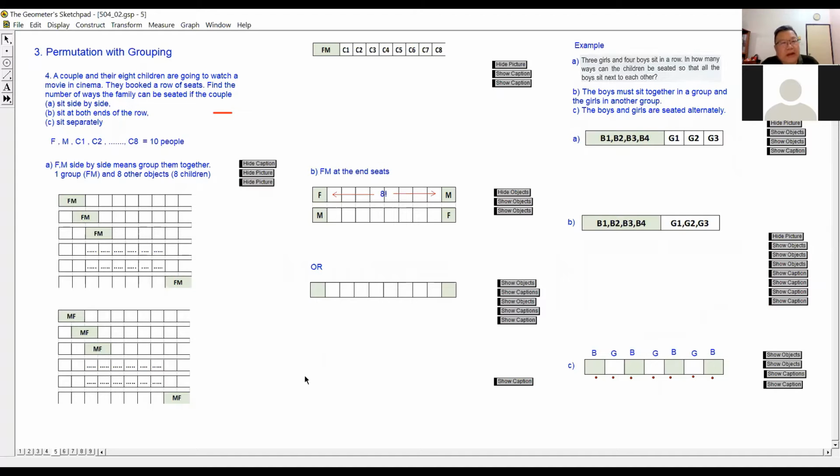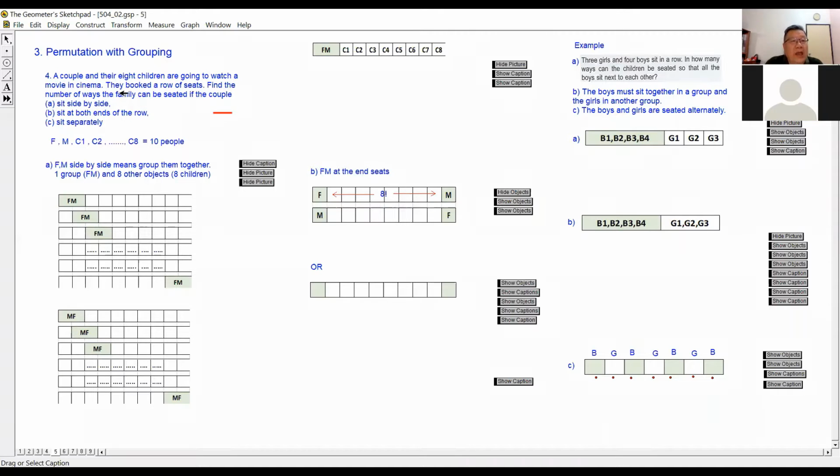We look at another example of this grouping, right? I read the question. A couple and their 8 children are going to watch a movie in the